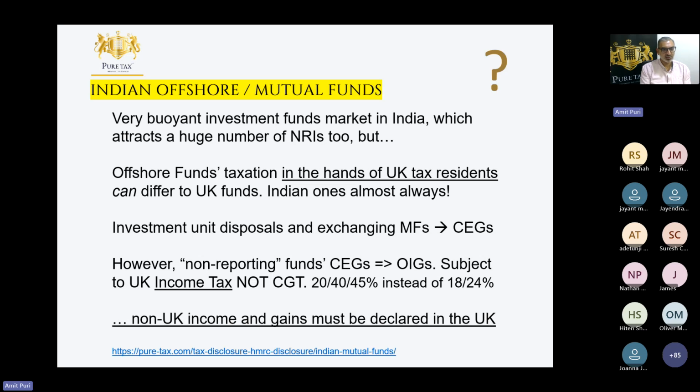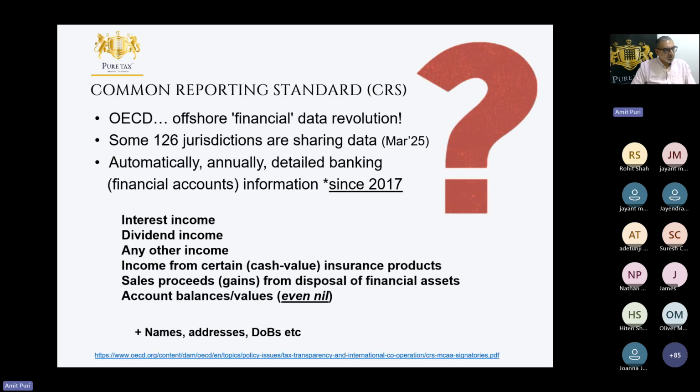But again, I'm not covering that today. But moving on to the CRS, and I've alluded to it already a number of times. Why does HMRC send so many nudge letters? Why do they send out 10,000, 20,000 letters every month, every other month? Because that's what they do, right?